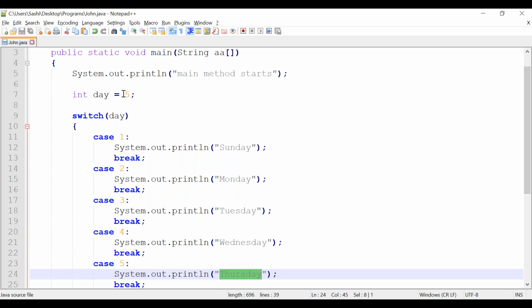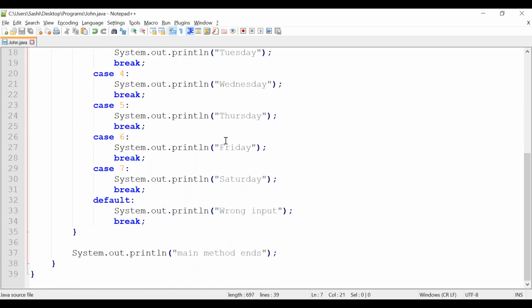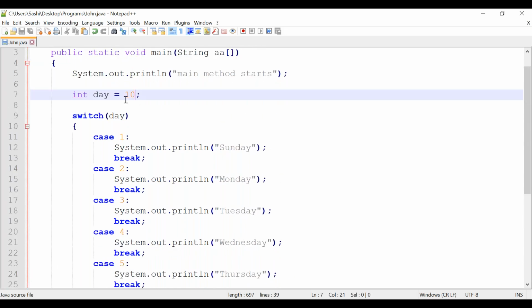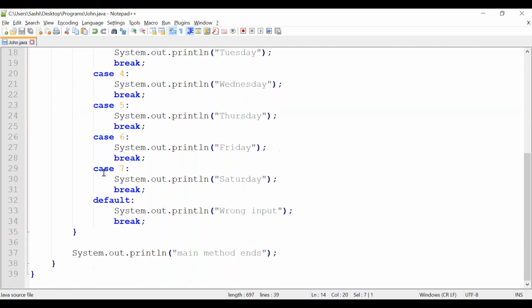Let's see, suppose I am giving 10 here, correct? There is no 10 because only 7 days are available, Sunday to Saturday. In case I give 10, what will happen? It will check case by case. Wrong, wrong, all the cases are wrong. If all are wrong, it will go with the default statement.